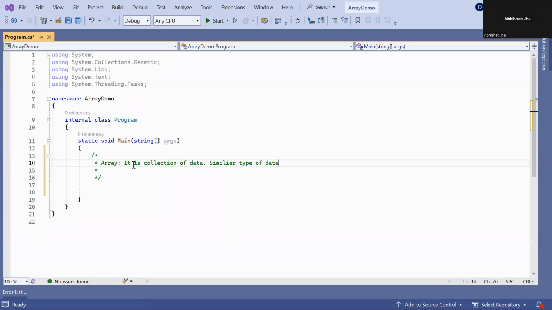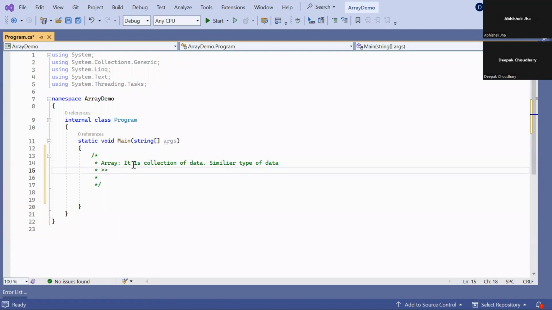If you create a collection of type integer, that means you can only store integer values in it. If you try to store a string, character, double, or float, the compiler will throw an error. Instead of a runtime error, you will get a compile time error. So array is a collection for a similar kind of data.